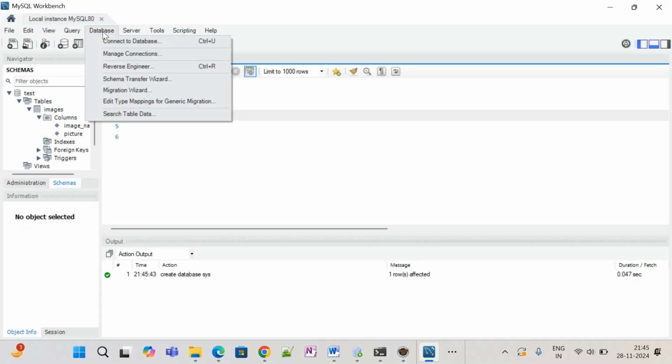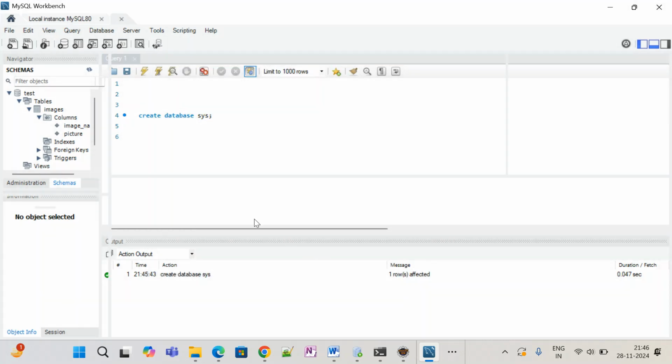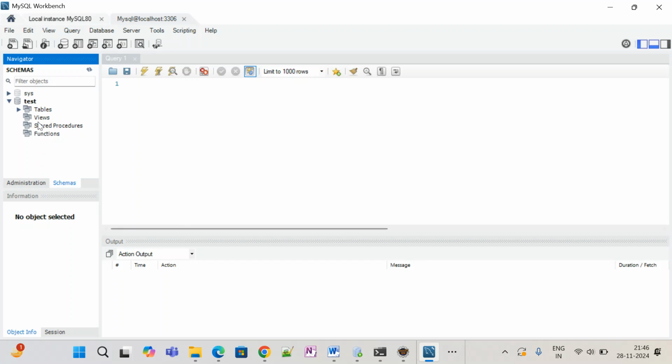And there is another one. You have to check which one you have connected to. I have connected with this local host, my username is root. I don't want to get connected with this database, so here I write the default schema as test and click OK.